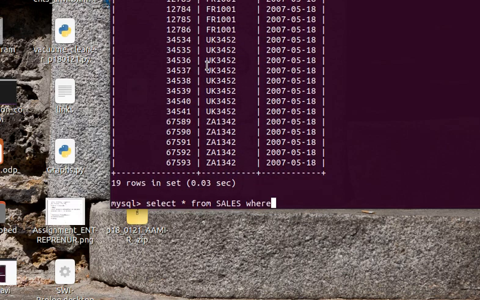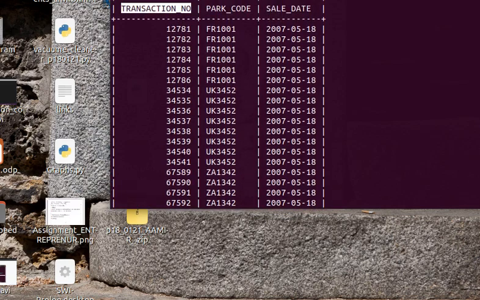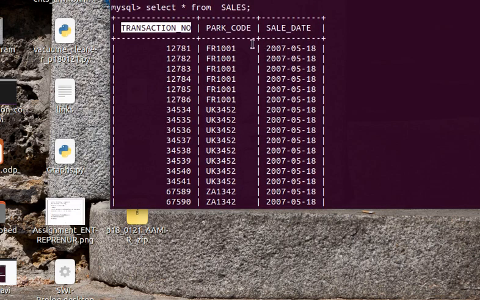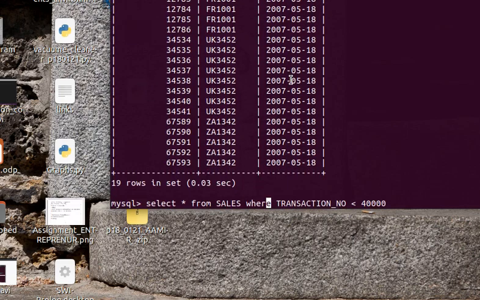So I will use where transaction number is less than 40,000. Everything means all the data across these rows will be fetched.